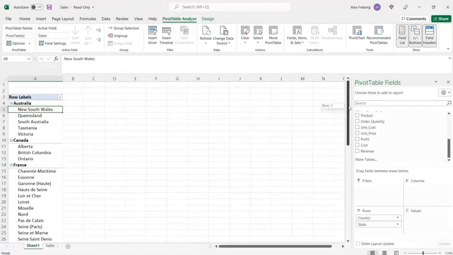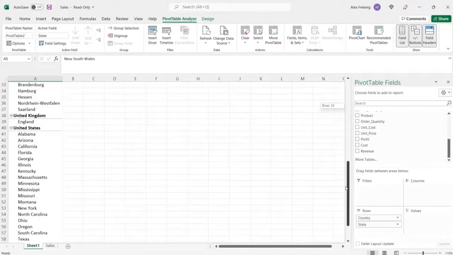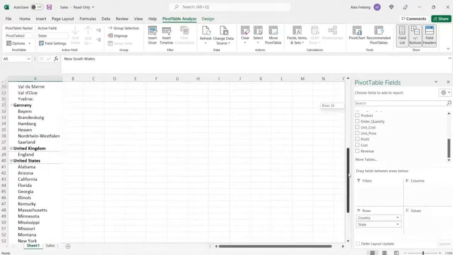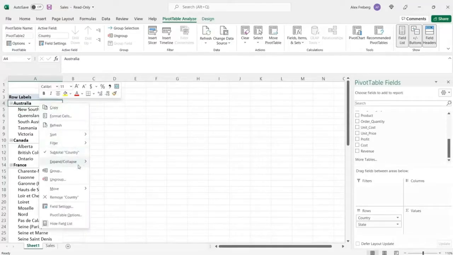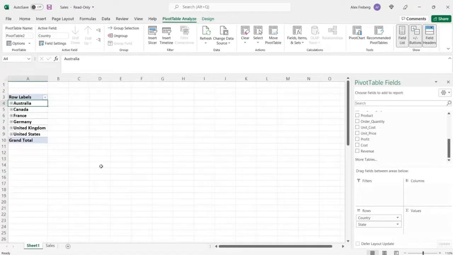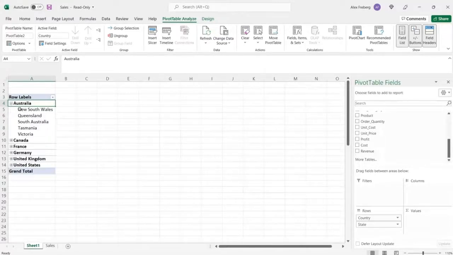Now, when you do that, it populates it in an expanded way, but you can collapse this very easily. We're going to go right here. We're going to right click. We're going to go down to expand and collapse, and we're going to collapse the entire field. And so now here are all of our countries as they were before, but now each of them has this plus sign to the left. And if you click on it, we see this state that we added to these